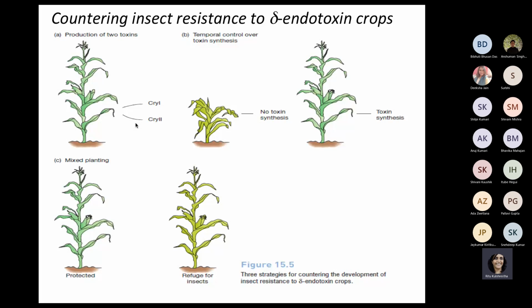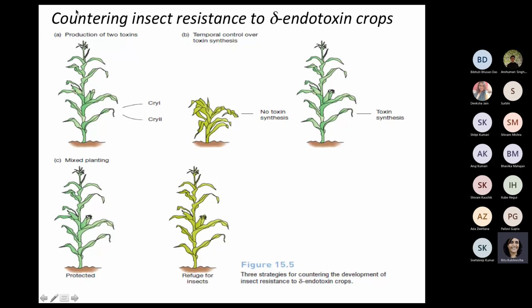Another possibility is that any organism develops resistance when it is exposed to a particular chemical or toxin for a prolonged period of time, and over time they develop these resistance mechanisms. So one option is, how about we have a temporal control over the toxin production. That means we only expose the insects to this toxin for a short period of time, so that they are not prepared for it, and